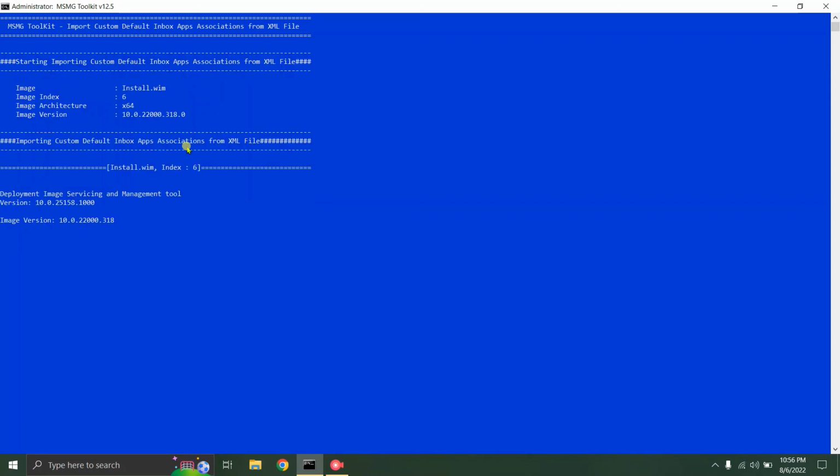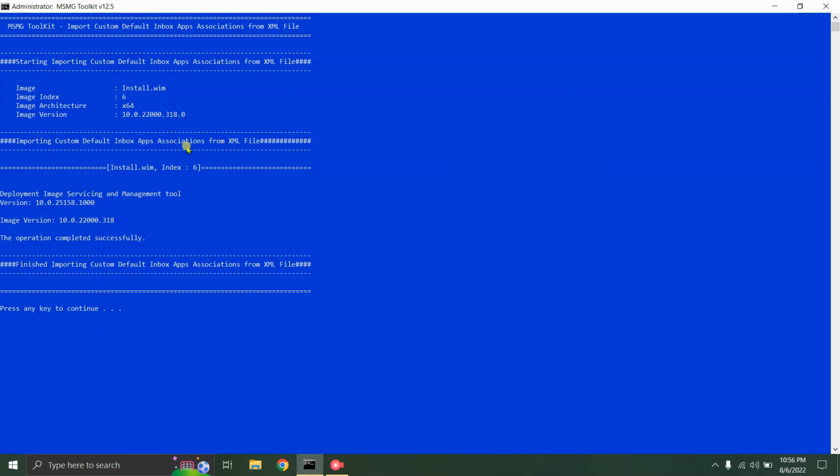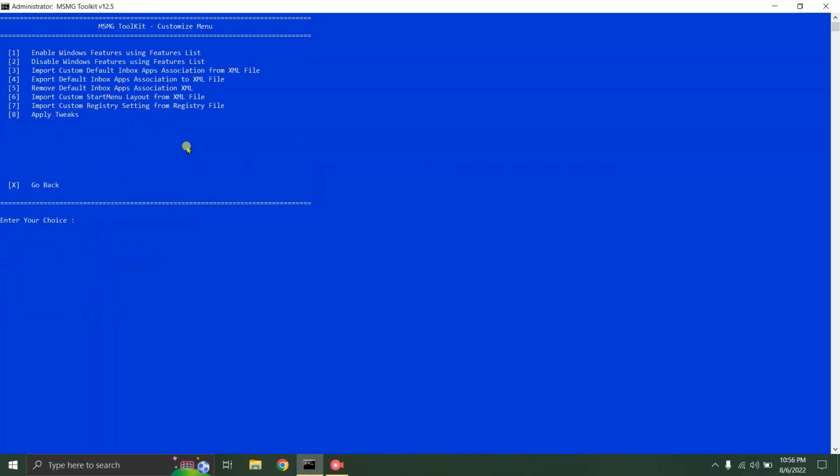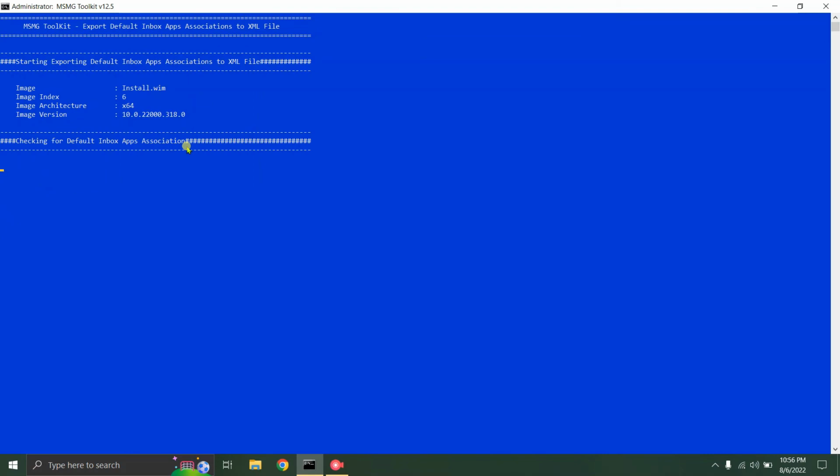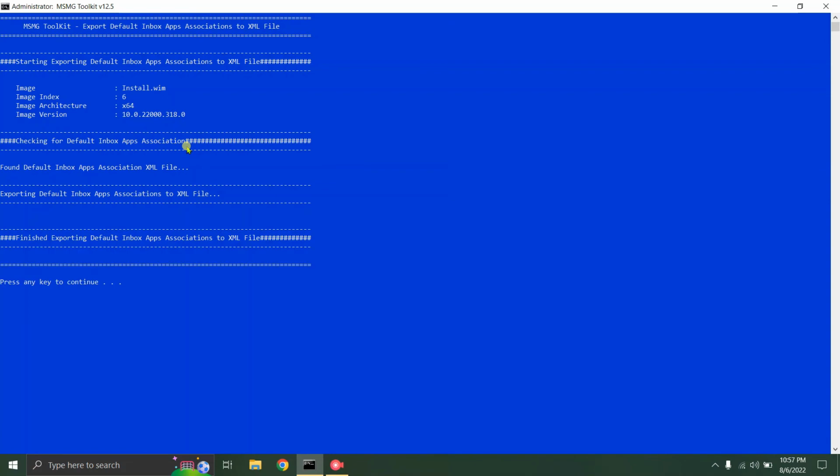After this, after the process has been completed, press continue and press number 4, export default inbox apps association to XML file, number 4, then enter. After the process has been completed,